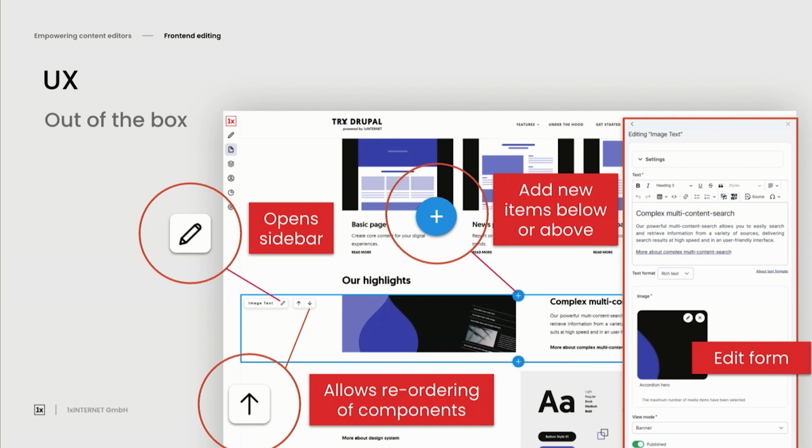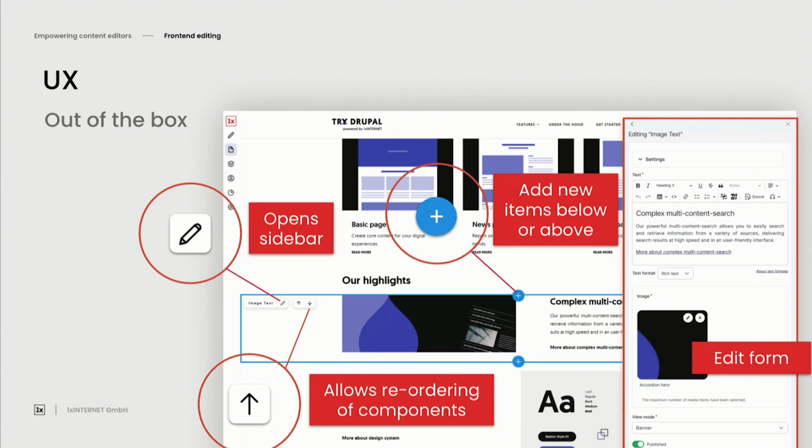But you might know from your existing websites and implementations that sometimes in more complex content, it's not as obvious to identify what we're actually working with. And you might find yourself having to go on these edit forms, scroll up and down, looking for clues of what the content we're editing actually is. What this allows us to do is easily and quickly not only make changes immediately to the component that we're currently looking at, but also identify it in a very quick way. Even if we do want to jump onto those edit forms to make changes, we can first identify it on our content page, and then easily find it on those edit forms to make the changes that are required.